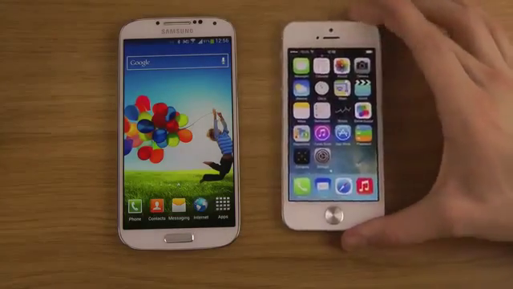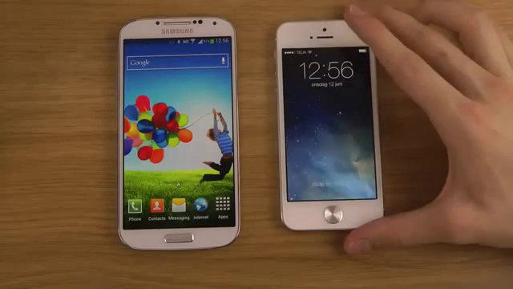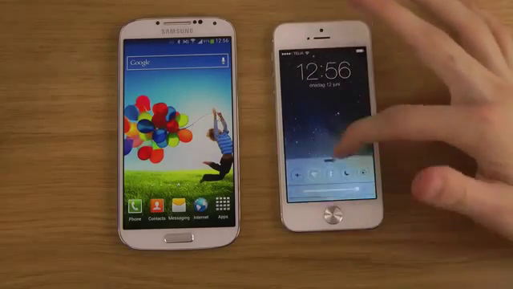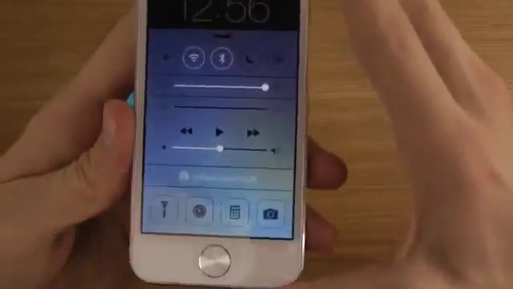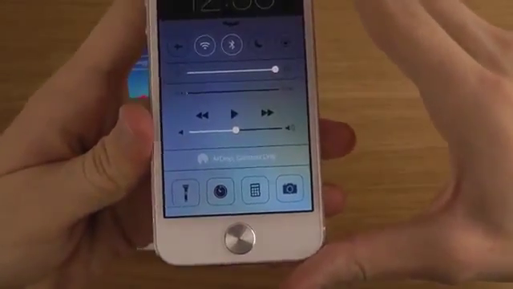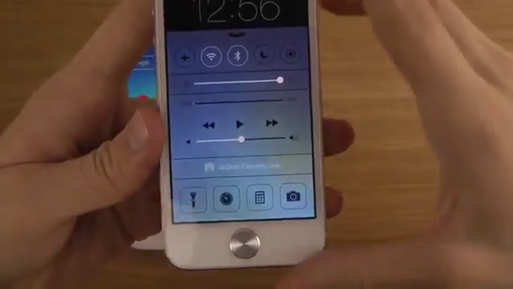I can also show you one thing here that they've updated on the lock screen, is that when you have the lock screen like this, and you can swipe up here, you do actually now get some quick toggles in here, which is a very, very nice addition. You also have your sound there if you do play some